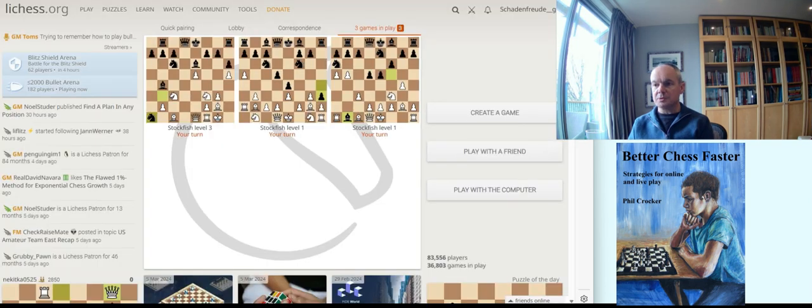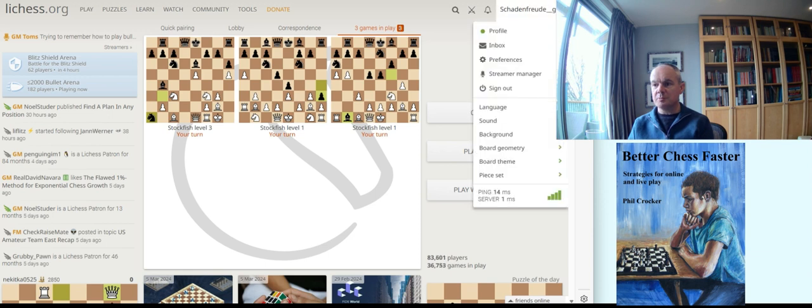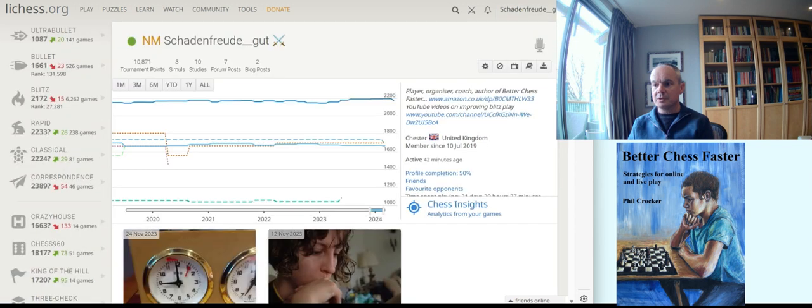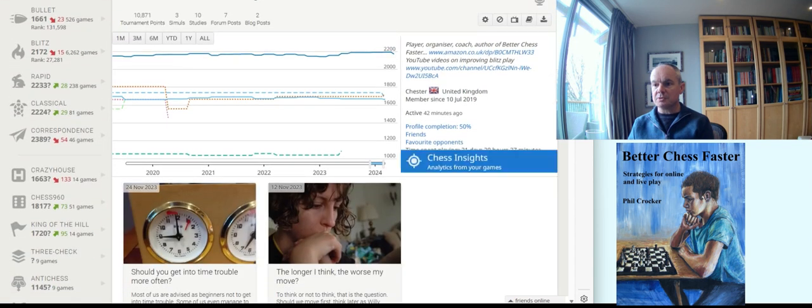Okay, so I've pulled up Lichess and I'm going to show you how their chess insights functionality works. I'm going to hover over and click over my name, click on profile, and then you'll see this area here, Chess Insights, analytics from your games. So you click on that,